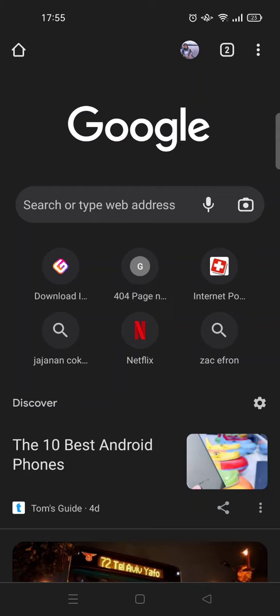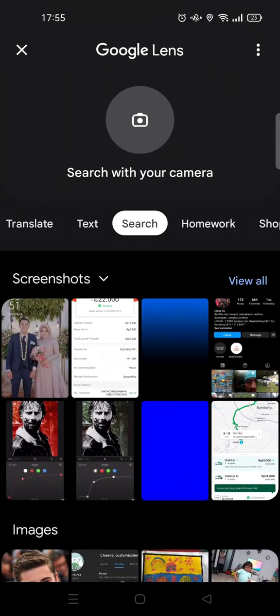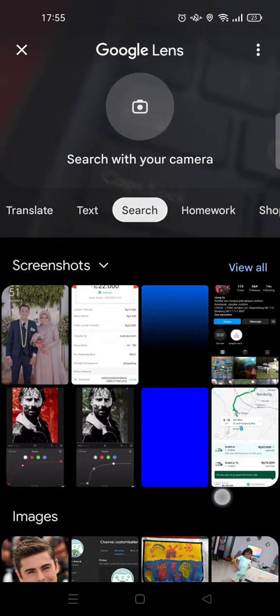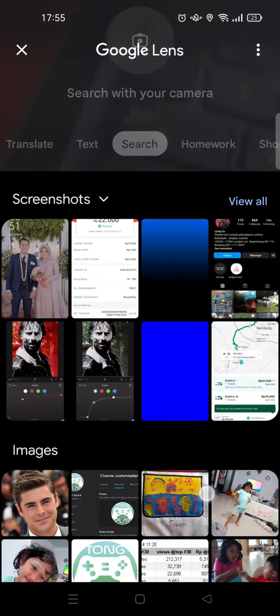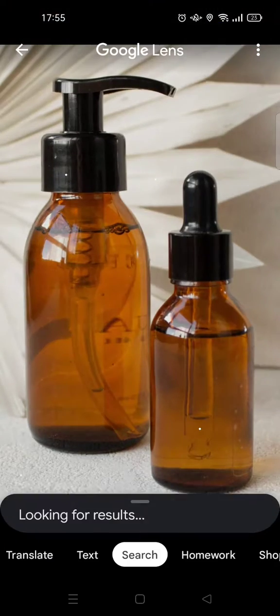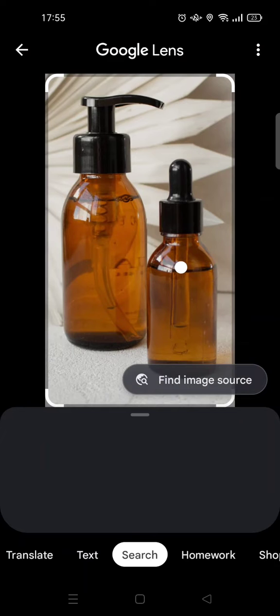So here at the Google, you just need to click on the camera icon in here in the search column. Then there are two options that you can use. You can search with your camera, or you can also search by using the picture that is in your gallery. So I'm going to use the picture in my gallery first, for example this one,